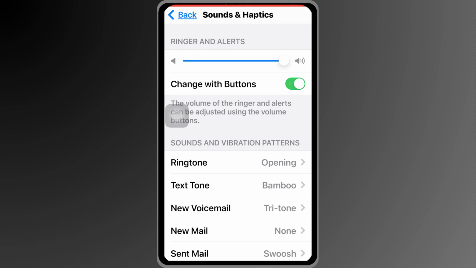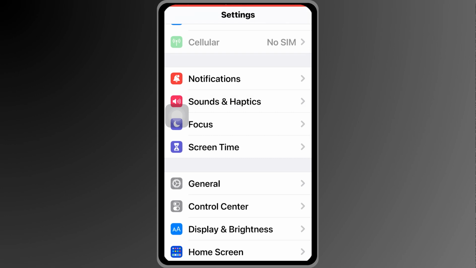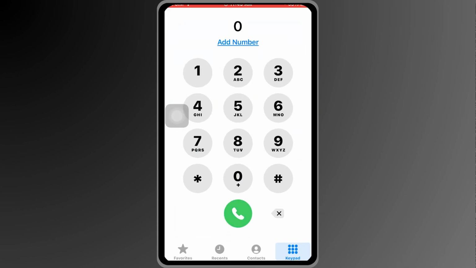But say for example, you have already done that one and it still doesn't work, then I want you to go ahead and try to be on a call with someone. And then from here, you can just click the buttons in here and basically adjust this one to the loudest possible. Now, after doing so, say for example, that still doesn't work, there are two other things